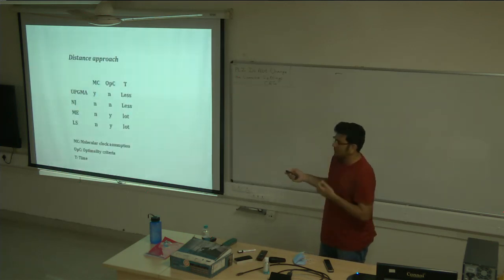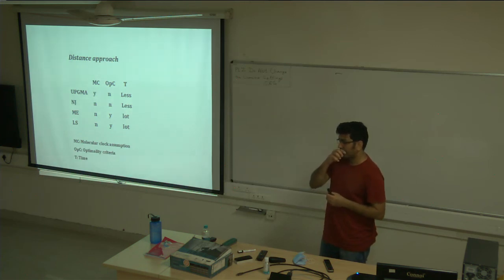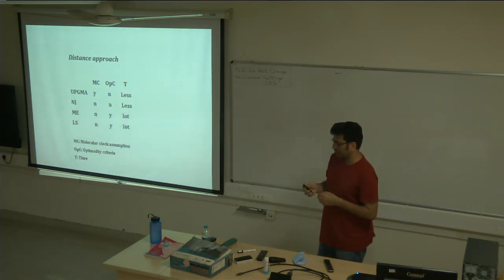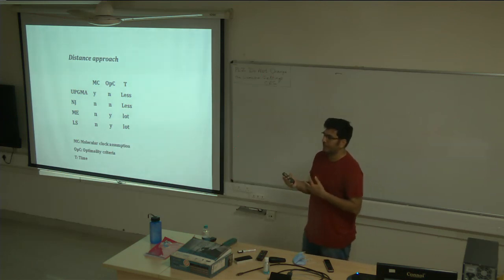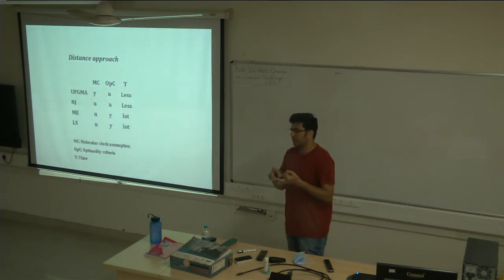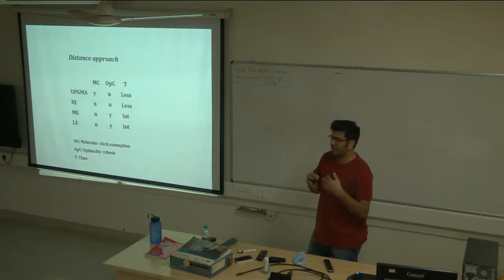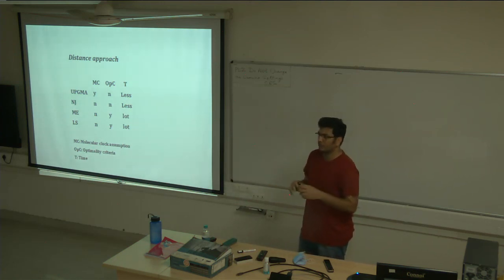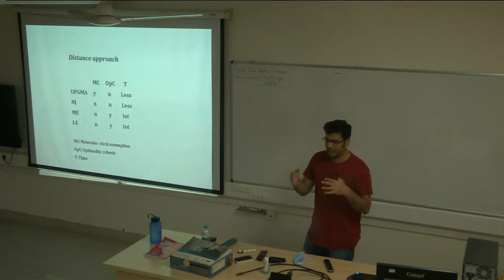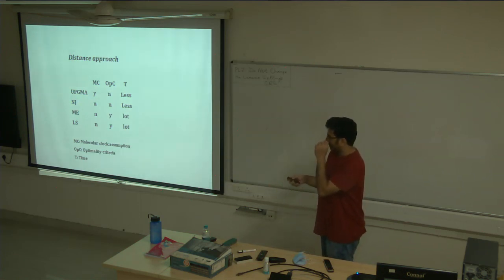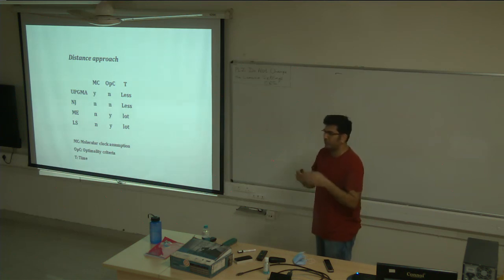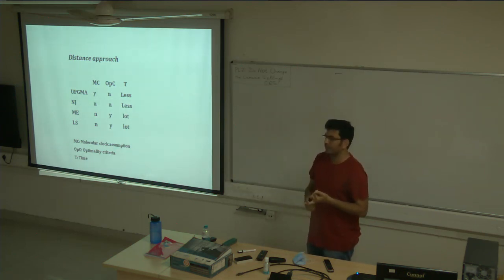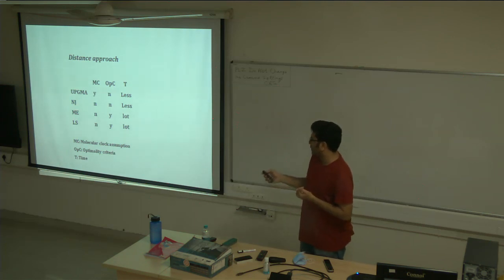I have one question. If these two methods are no longer in use, what are the alternative methods then? Actually, right now people use the character state based approaches like Bayesian method and maximum likelihood. These are the accepted methods for building phylogenies. And as Praveen was saying, you can still use neighbor joining to see the initial stage, like how your data is behaving, what results you are getting. But finally, if you want to build a phylogenetic tree for publication purposes, I think maximum likelihood and Bayesian algorithms are the way to go.